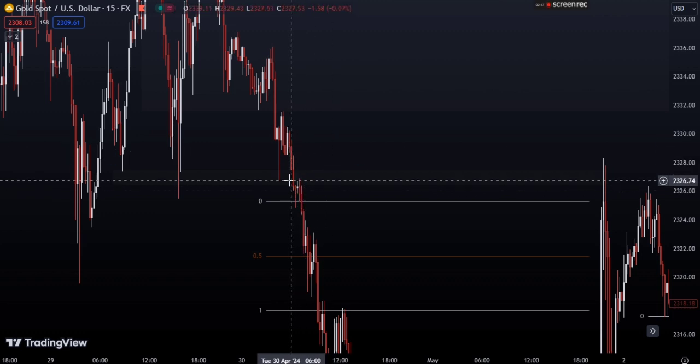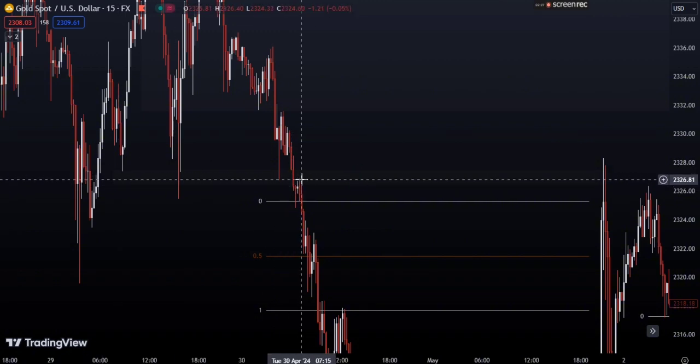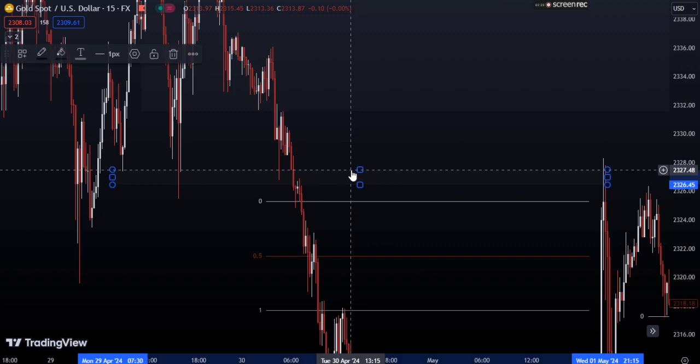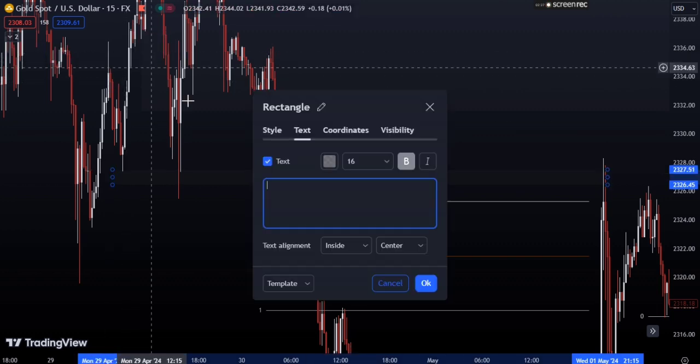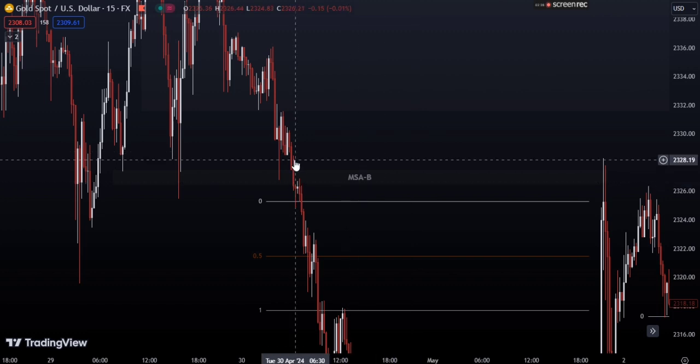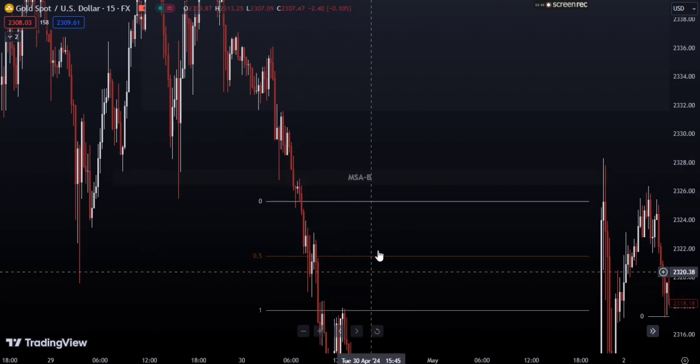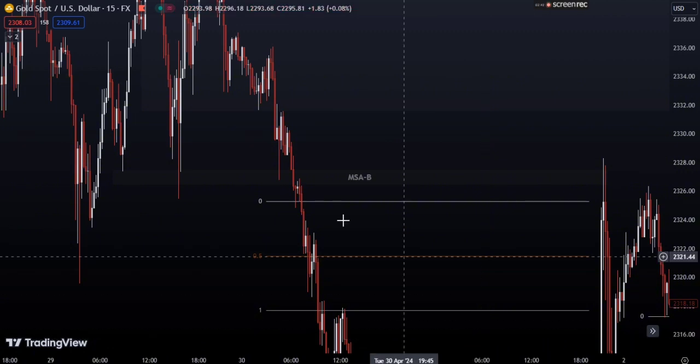Good. So this was the GAN box, and I can see this and that. So you can see it's that type B entry method. That's what I call it. It's MSA type B entry method. This is the very same thing that we had in the previous video. We have the supply parallel to the resistance, the price drags to the downside. When it taps, it goes to the downside, right?